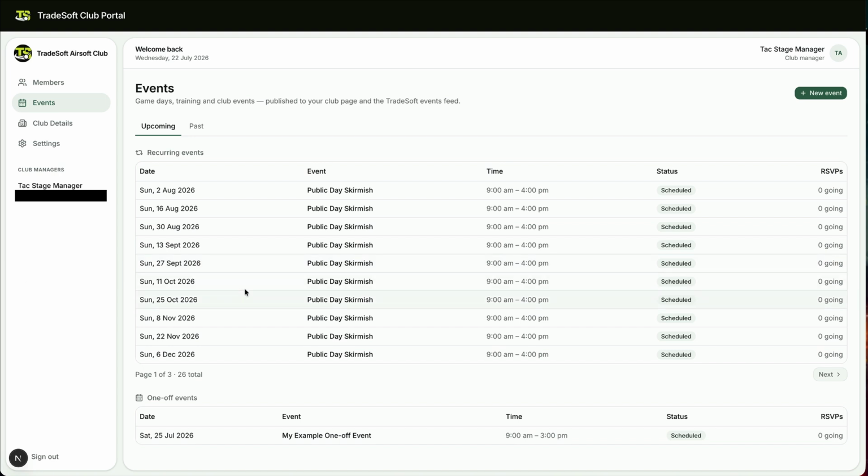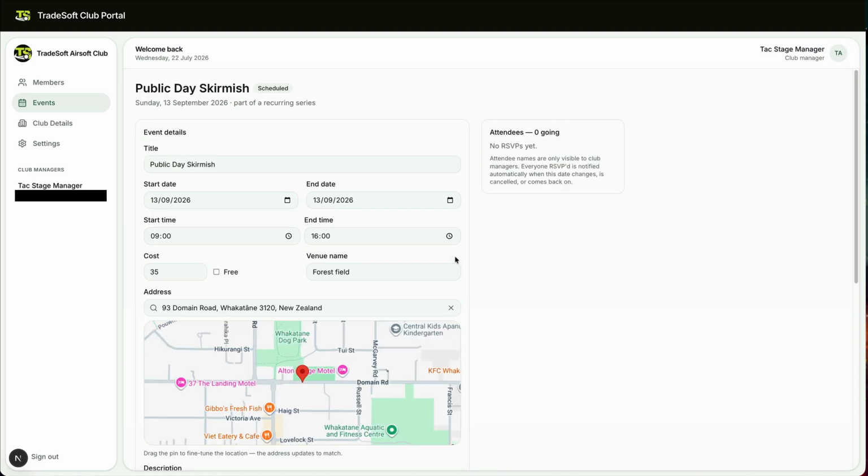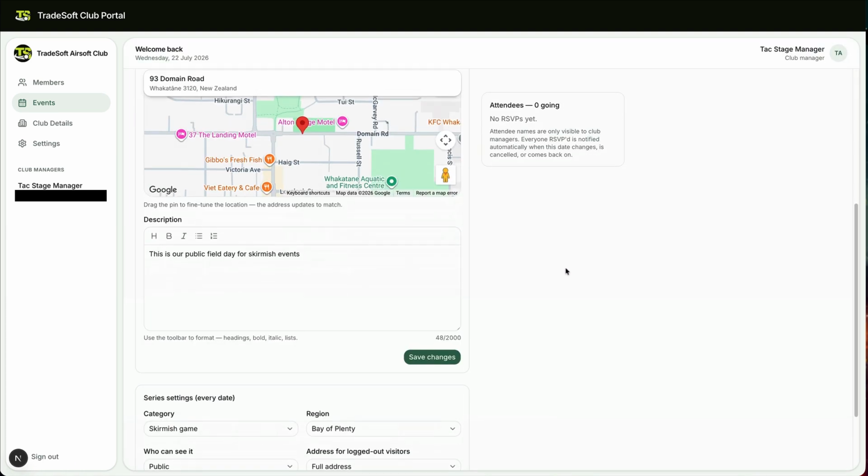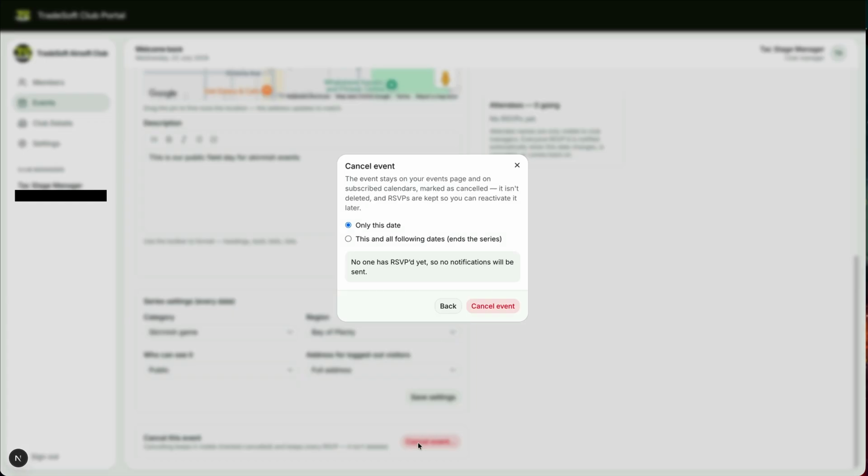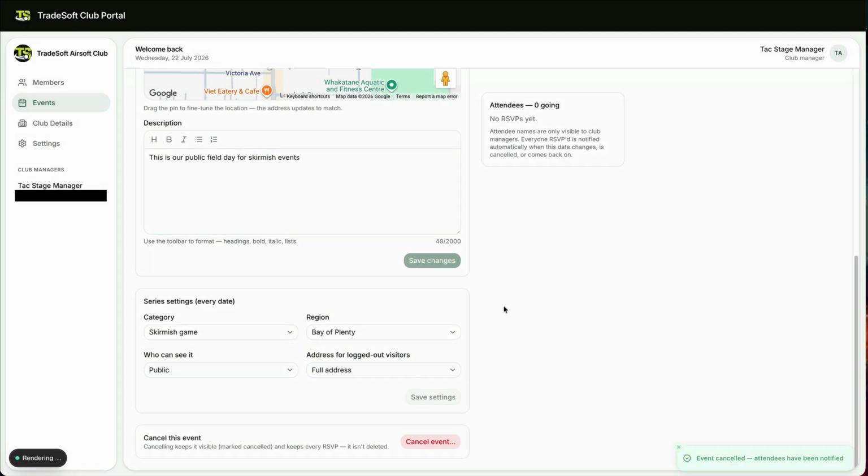Now, let's say you need to update one of these. So on the 13th of September, that event isn't going ahead. For whatever reason, you can go into here and you can cancel the event. So if we scroll to the bottom, we can cancel the event, and we can say, hey, we only want to cancel it on this date. Or, let's say you want to cancel all future events, you can then cancel future events. So if we only cancel that one event,